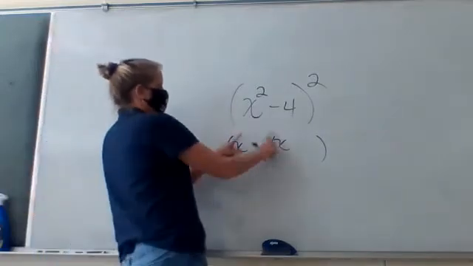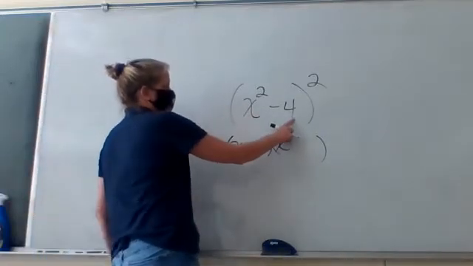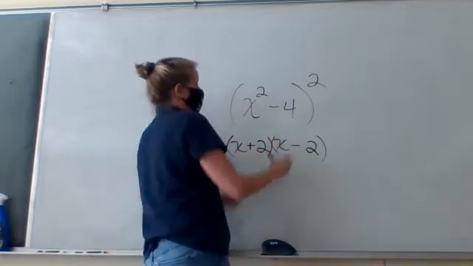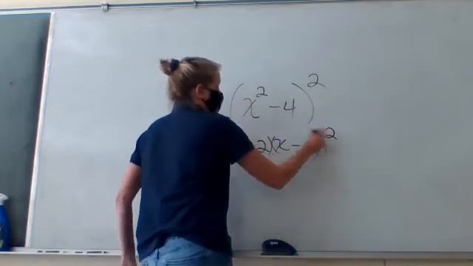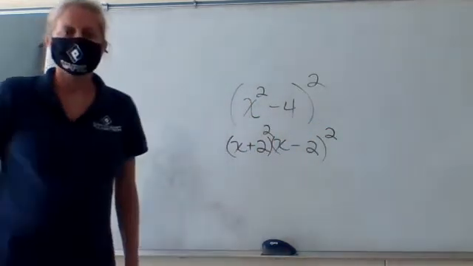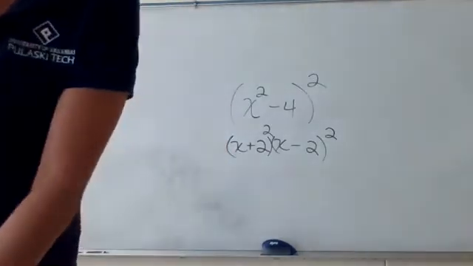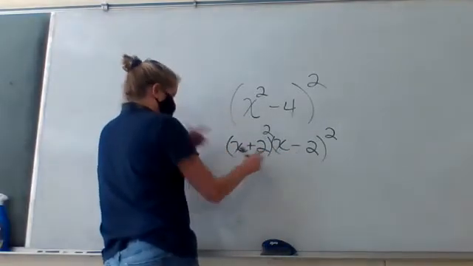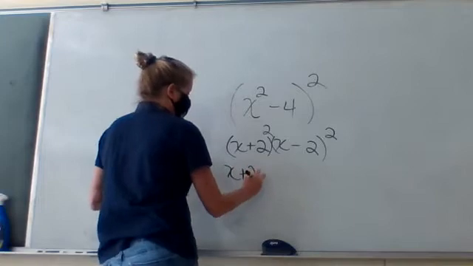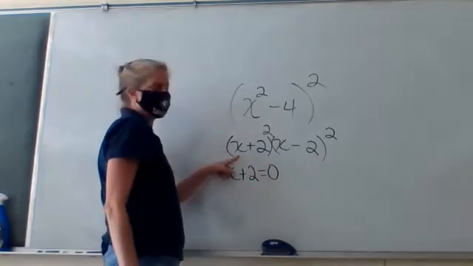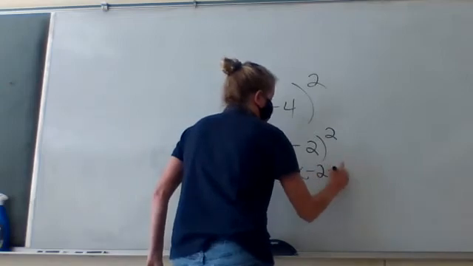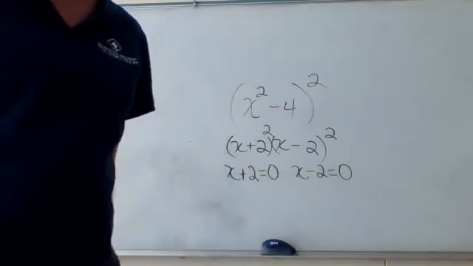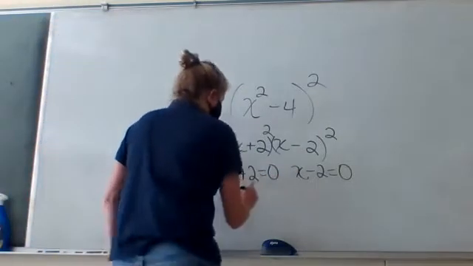So, x and x to get x squared. What's the square root of 4? I'll use 2 and 2 for that. And remember, it's plus and minus. Well, if this one's all squared, that means each one of those factors is squared. So your zeros come from each one of these factors. What's inside your parentheses is the factor. So this right here, x plus 2 equals 0 and x minus 2 equals 0 is going to give you the two zeros or the two x-intercepts of this function. So if I solve both of those,